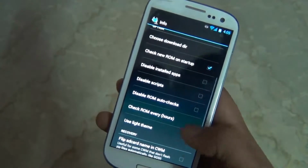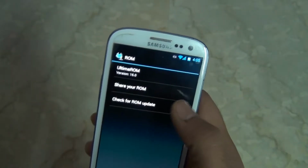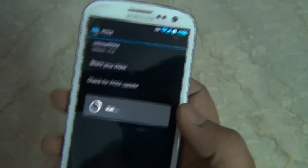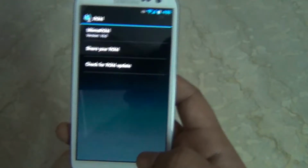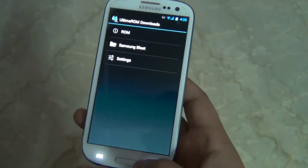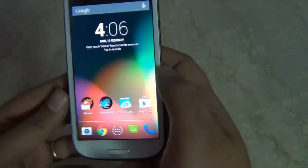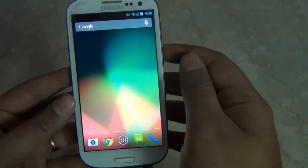Then there are more options to change the theme and all, reboot type and everything. If I go to ROM, I can check the updates. It's again showing the version number. It's like check update. So by far on February 2014, this is the latest thing, and I'm sure you guys will be very much satisfied by installing this ROM, and I'm damn sure that people who do that will never plan to switch over